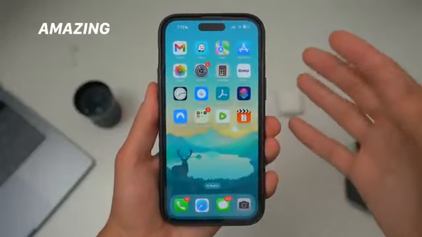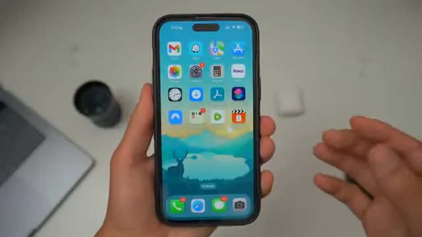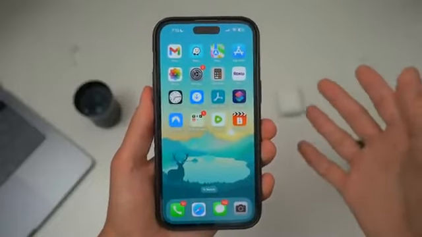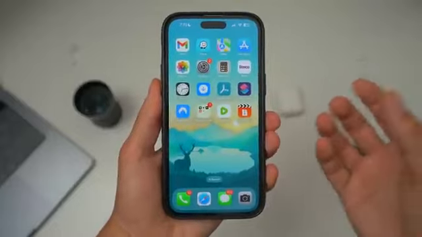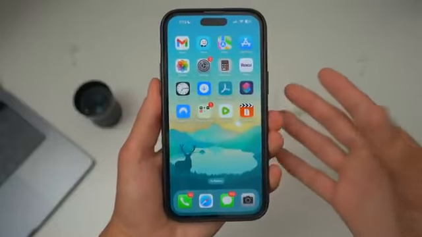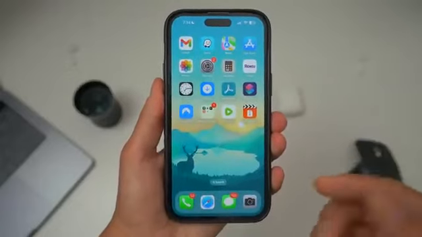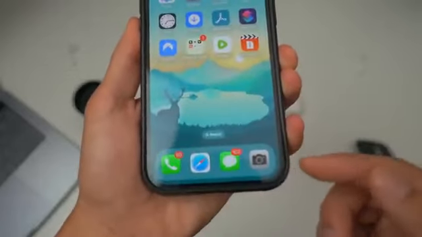In today's video, I'm going to be showing you guys the perfect iPhone camera settings to capture amazing photos and videos. These settings, I would say, are the correct iPhone camera settings in order to get perfect looking images and videos every single time. This is going to be an in-depth tutorial. I'll walk you through the settings app as well as introduce you to every single hidden feature within the camera